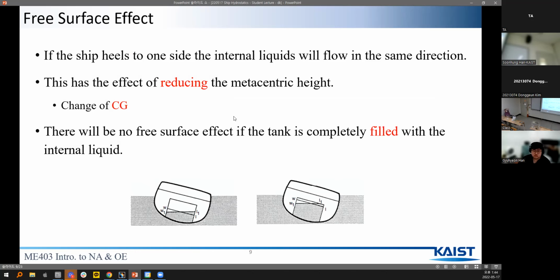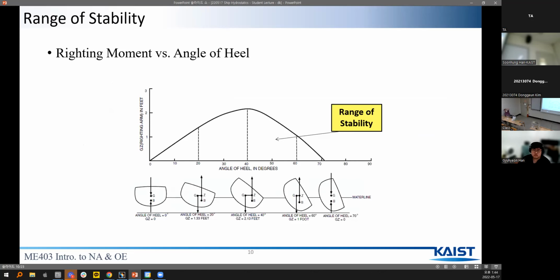There will be no free surface effect if the tank is completely filled with the internal liquid. We will look into stability in the range of the angle of heel. If the ship is tilted, usually the righting moment will start to increase, like on the left side, it increases approximately linearly at small angles,